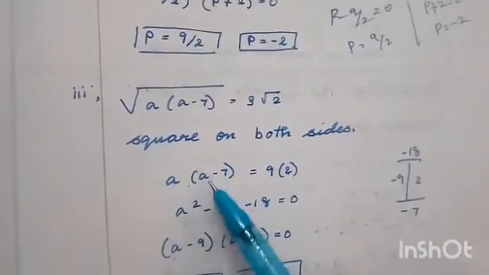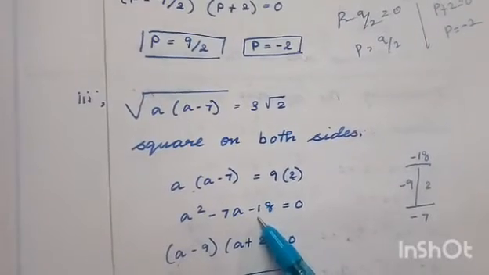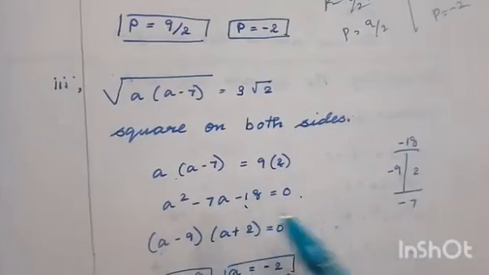So now a square minus 7a, 9 twos are 18. Bring this to this side. So that is minus 18 equal to 0. Now it is in a quadratic form. Now you have to use the factorization. So that is